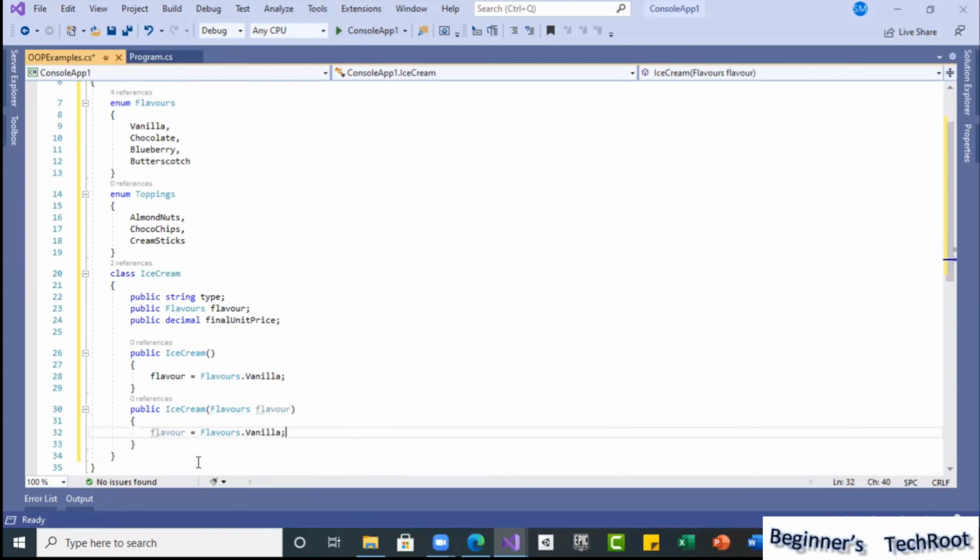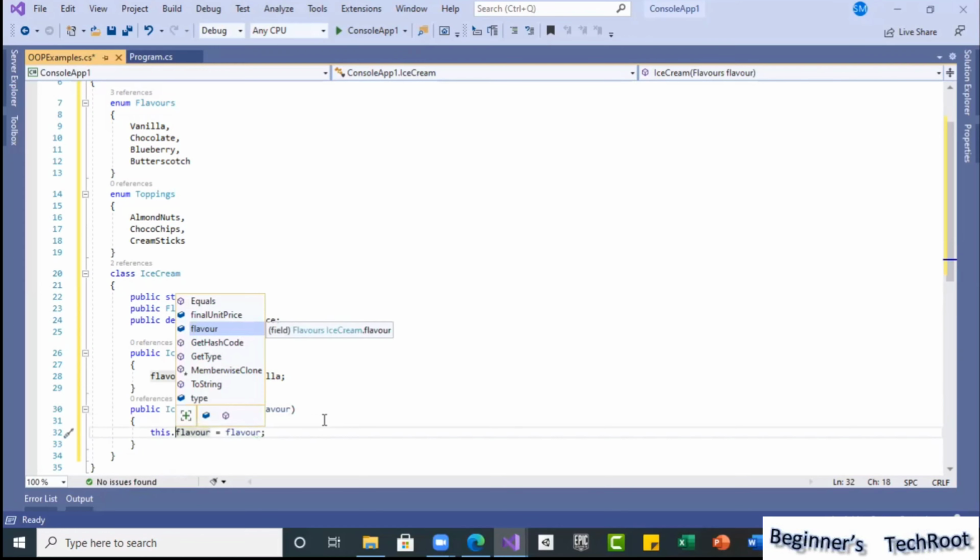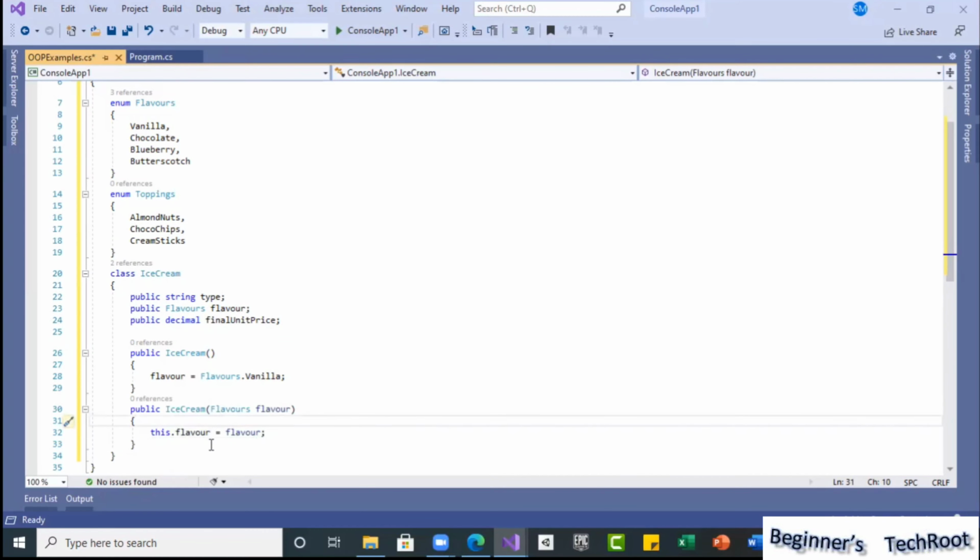Now again the concept we discussed, I am going to introduce the this keyword. See, now both are the same, so we can use the this keyword to differentiate. So this dot flavor equal to whatever the parameter flavor we assigned.